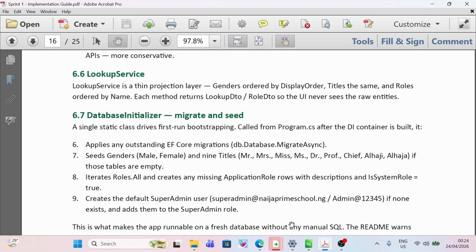6.7 DatabaseInitializer: migrate and seed. A single static class drives first-run bootstrapping. Called from Program.cs after the DI container is built, it: 1. Applies any outstanding EF Core migrations, db.Database.MigrateAsync. 2. Seeds genders, Male and Female, and nine titles: Mr., Mrs., Miss, Ms., Dr., Professor, Chief, Al-Hajj, Al-Hajja, if